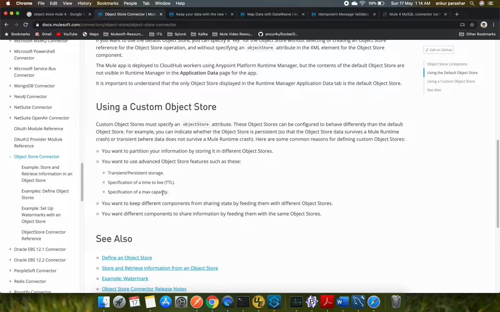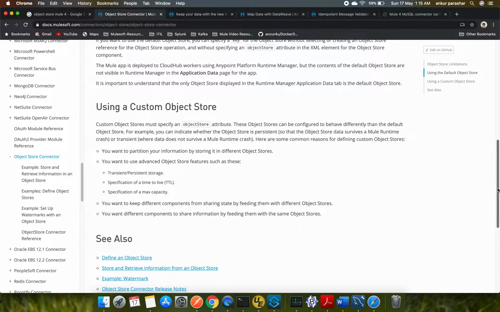So if we want to keep different components from sharing state, we can feed them different object stores, or if we want different components to share information, we can feed them the same object store. Under these categories, we can use custom object stores.